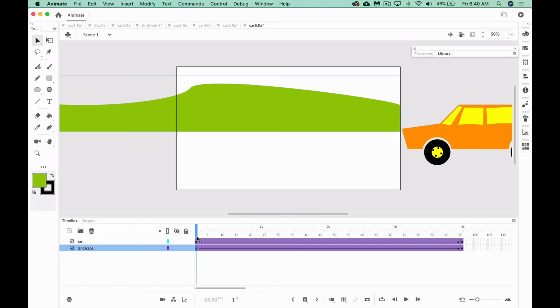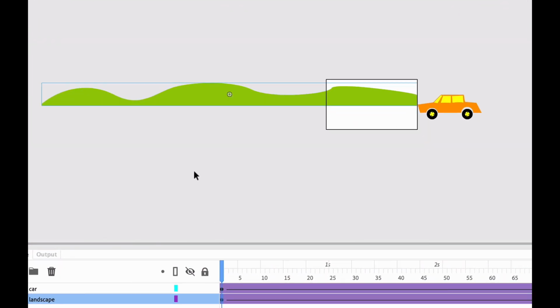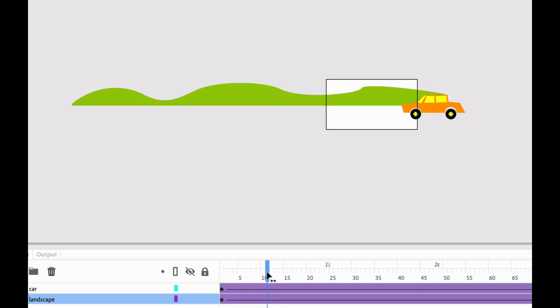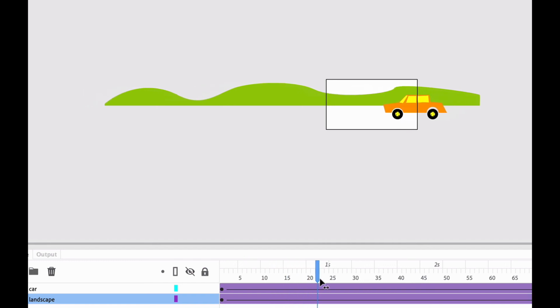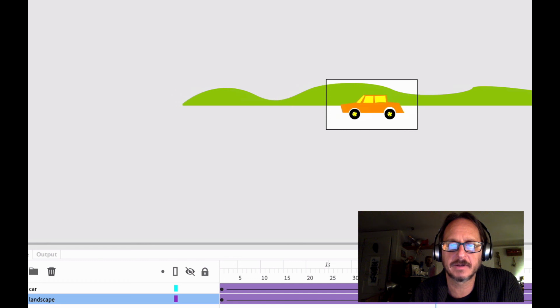Look at the landscape in frame 1, and I back away. You could see that it's a very long drawing, and it sticks out to the left. Now that car is driving over to the right, while the landscape is going in the opposite direction, creating a very exaggerated effect.